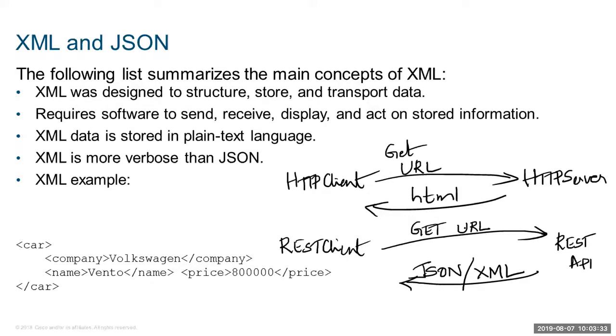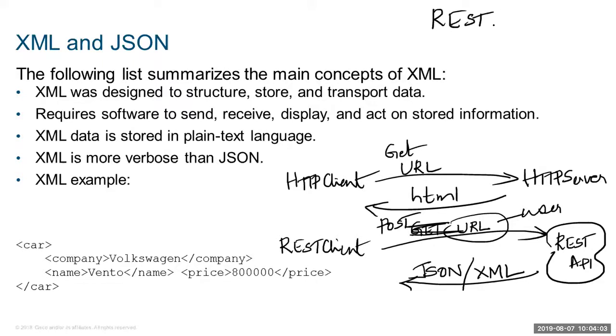Now this is a GET request, so you basically don't provide any values, you just specify the URL and then you get your responses. But of course, if you want to create an interface, you would be using something like a post. Or you want to provide your user ID and password for login purposes, you would be using a post, and then you'd have to specify the username and password. Now, REST API would accept input of